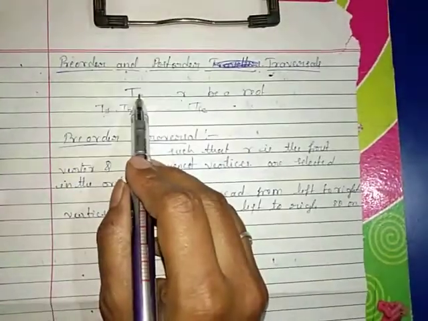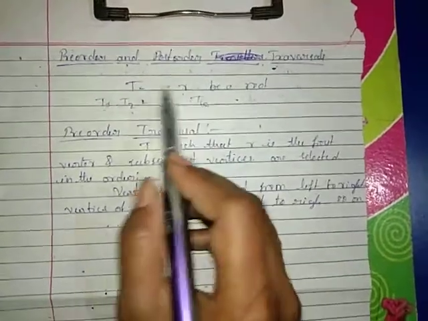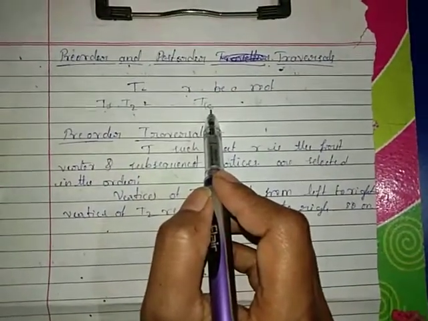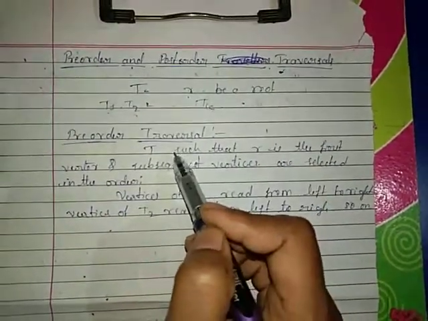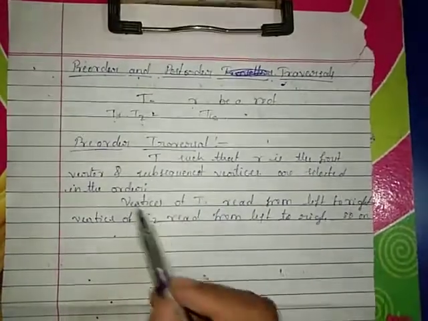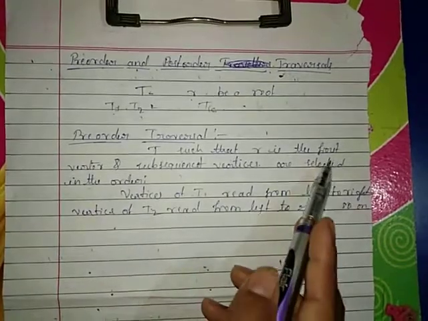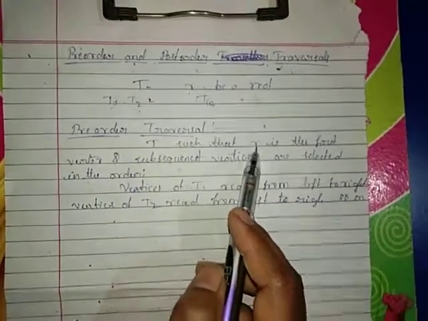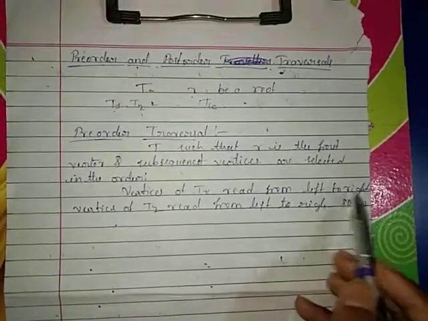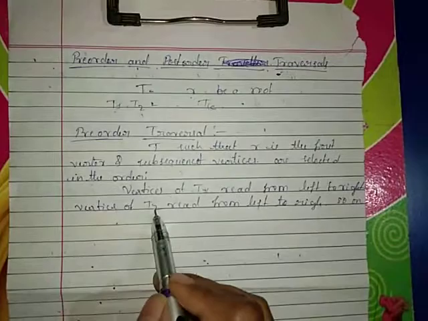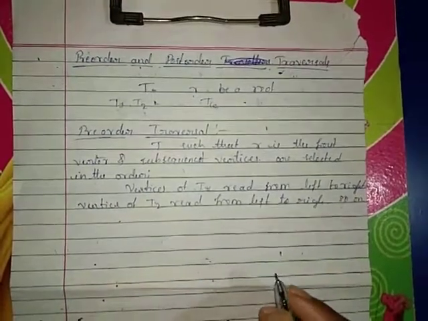There is a tree and R is the root of the tree. T1, T2, and so on, Tk are the subtrees of T, taken from left to right. Suppose we list the vertices in the order: the first vertex will be R, and the next vertices will be taken in the order. Vertices of T1 will be taken from left to right, vertices of T2 from left to right, and so on, Tk vertices from left to right.